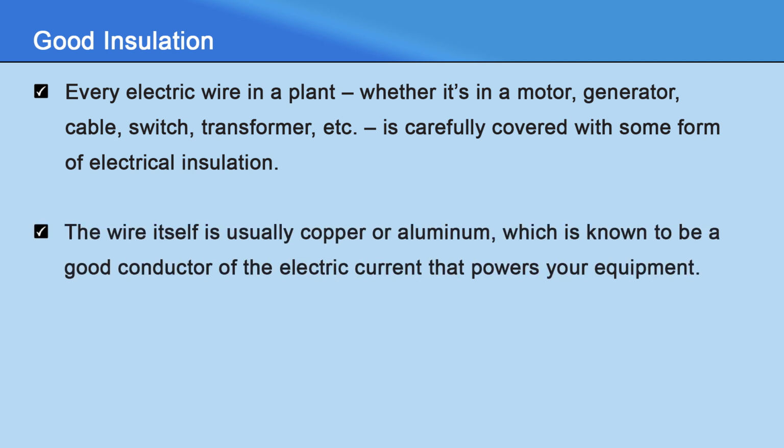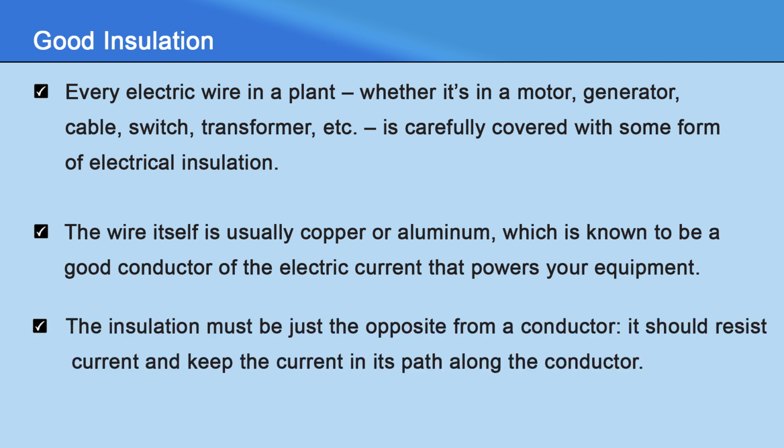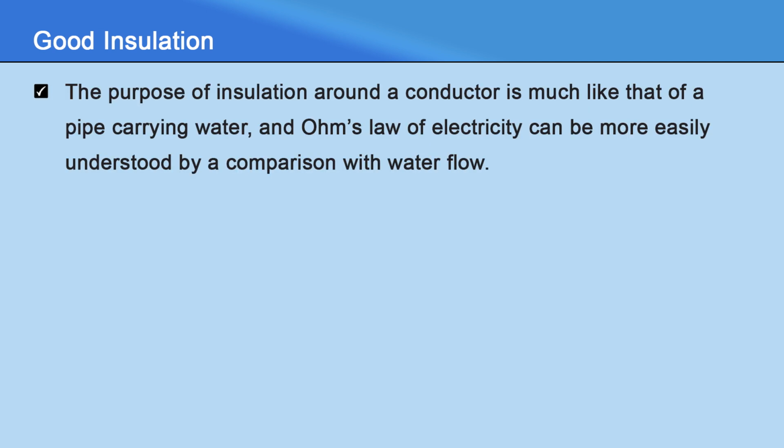The wire itself is usually copper or aluminum, which is known to be a good conductor of the electric current that powers your equipment. The insulation must be just the opposite from a conductor. It should resist current and keep that current in its path along the conductor. The purpose of insulation around a conductor is much like that of a pipe carrying water, and Ohm's law of